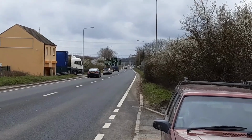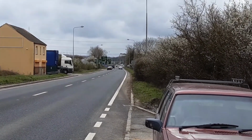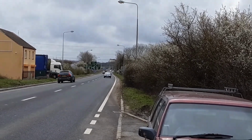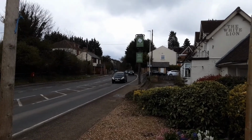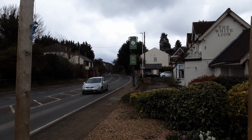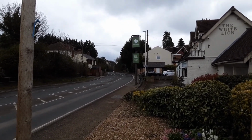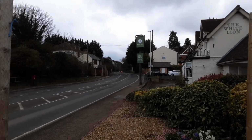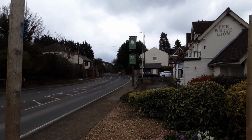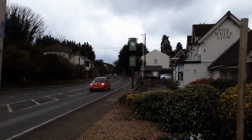If you've ever driven south on the old A5, the old Watling Street between Hockliffe and Dunstable, you might have wondered what that great big chalk cliff is all about. Well, it's what used to be Puddle Hill. Over the years it's been blasted through and quarried away, and it's gone the same way as Hunger Hill did over at Houghton. I'm not going to stand here and explain too much because of the traffic, but we're going to take a walk round the back, down the footpath towards the quarry, and I'll tell you a bit more